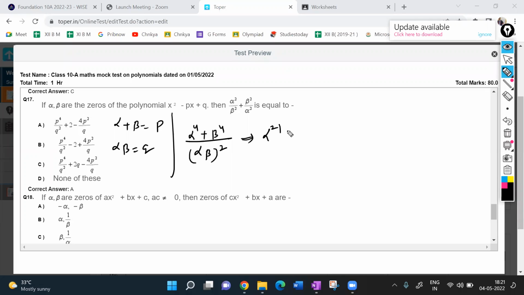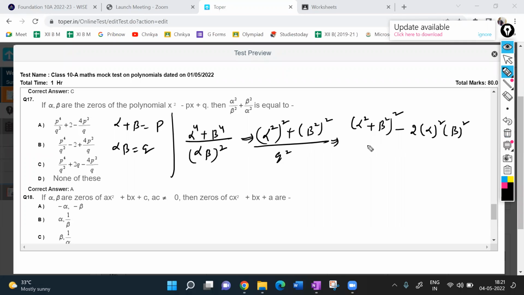This can be written as alpha square whole square plus beta square whole square, divided by alpha beta whole square. So Q square. Directly write it. Okay? So alpha square plus beta square can be written as what? Alpha square plus beta square, so this is alpha plus beta whole square minus 2 times alpha beta, isn't it? Divided by Q square. So alpha square plus beta square again can be written as alpha plus beta whole square